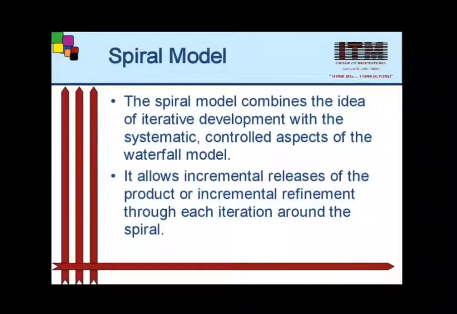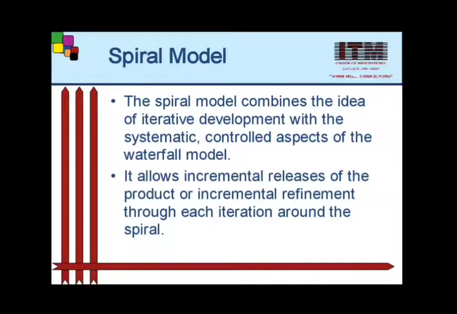The model is represented in the form of spirals, where each spiral is connected to another spiral to represent the various phases, and each iteration in the spiral shows a phase of the software process. Using this spiral model, the software is developed in a series of incremental releases, and during later iterations, increasingly more complete versions of the engineered system are produced.